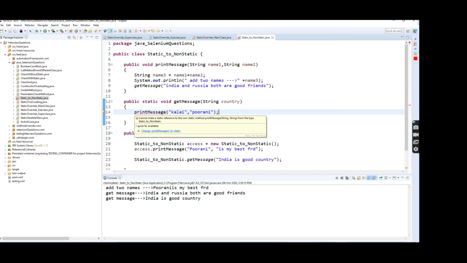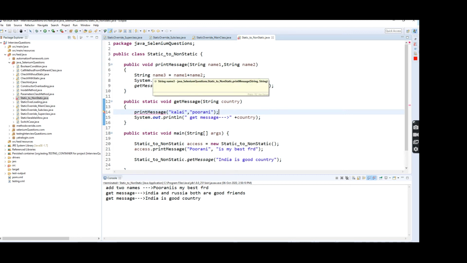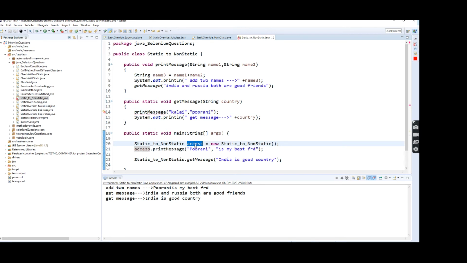Change print message to static, because static will support static only, but non-static will support static as well as non-static. Why? Static always belongs to the class level. Non-static belongs to the class as well as the instance of the class. If you want to access a non-static method, how can you access it? Using the reference variable. How can you access the static method? Using the class name, right? So it is not possible to access a non-static method inside a static method.